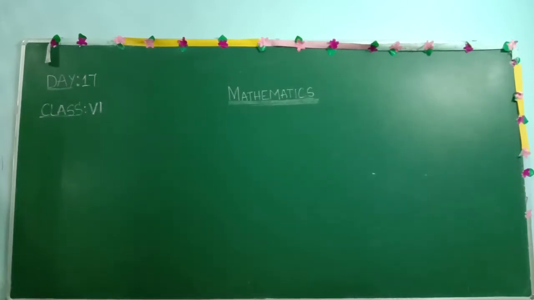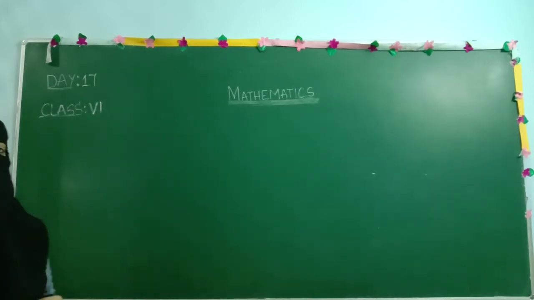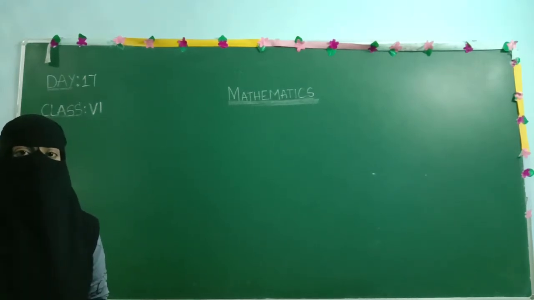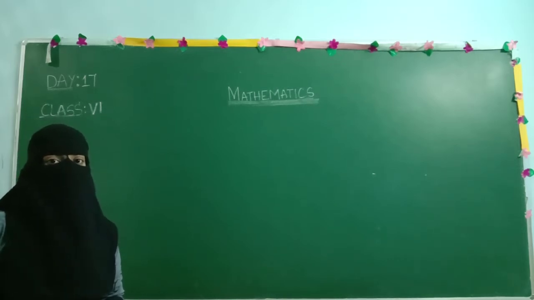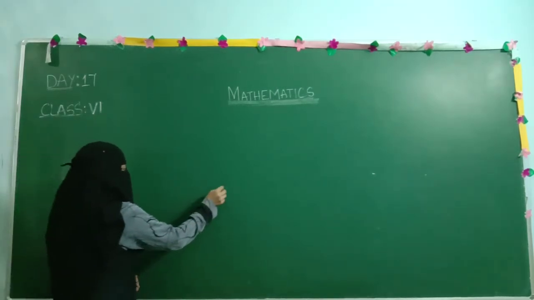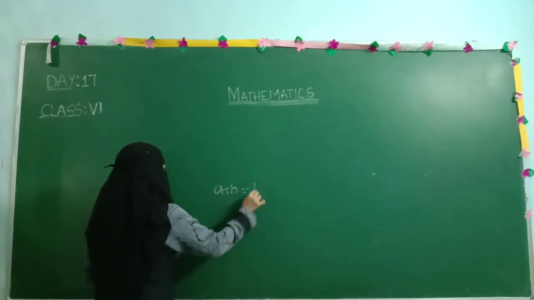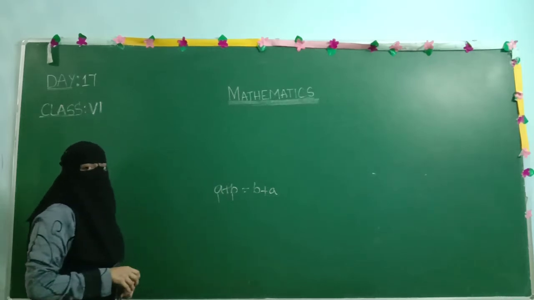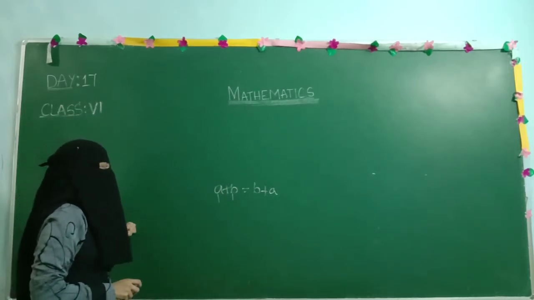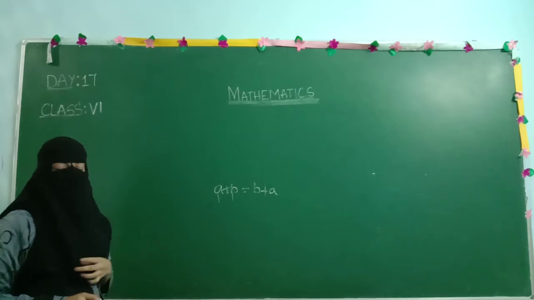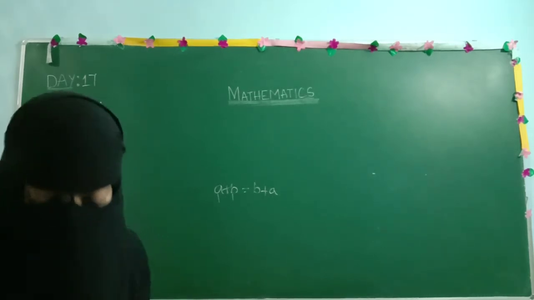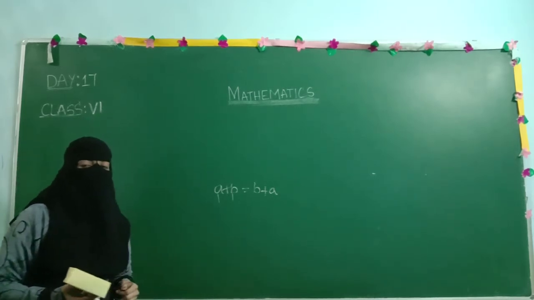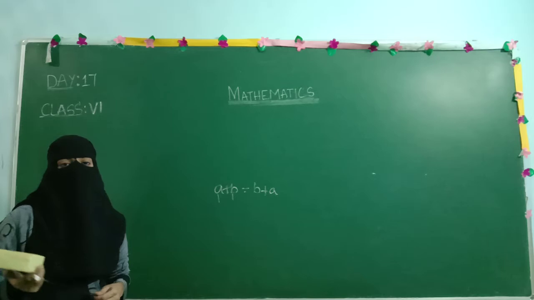Okay, so let's begin. What is the difference between associative property and commutative property? There is only a difference of terms. In commutative property we have two terms, that is a plus b equals b plus a. Okay, so this is one term and this is another term. Only two terms we have at the LHS as well as the RHS. But in case of associative property we have three terms. Here also we need to prove whether LHS and RHS are equal or not. Similar case we need to follow.